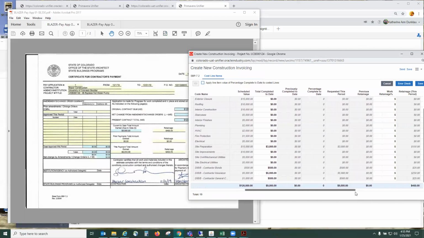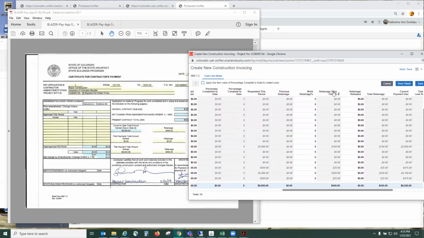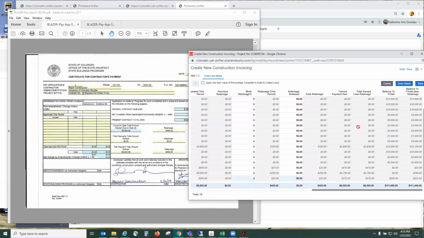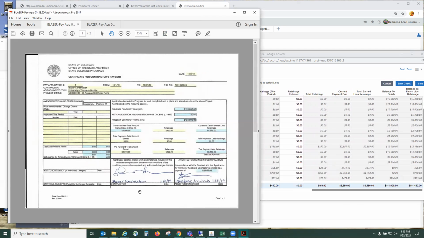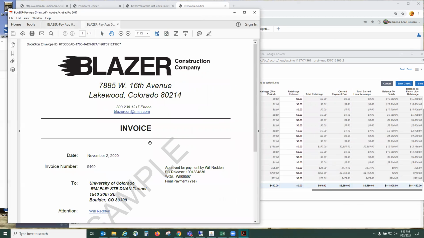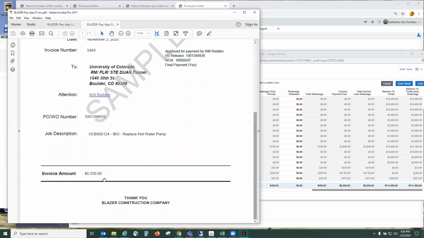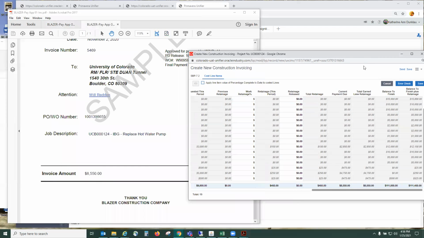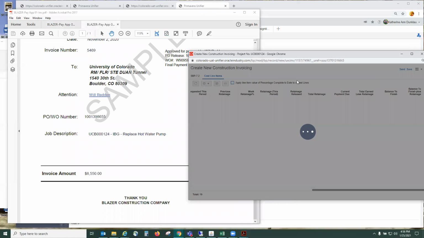And if I scroll over on the sheet here, here's my retainage this period. And here's the current payment due of $8,550, which aligns with the application of $8,550, which also matches our invoice of $8,550. As all these numbers match, I can click the blue Save button